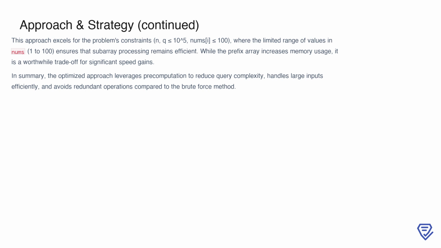This optimized approach is particularly effective for the constraints of this problem, where the size of the array and the number of queries can go up to 100,000, but the range of values in the array is limited to just 1 to 100. This limited range ensures that even though we use additional memory for the prefix frequency array, the processing of subarrays remains efficient. The trade-off in memory is justified by the significant reduction in computation time, as the pre-computed data eliminates redundant operations